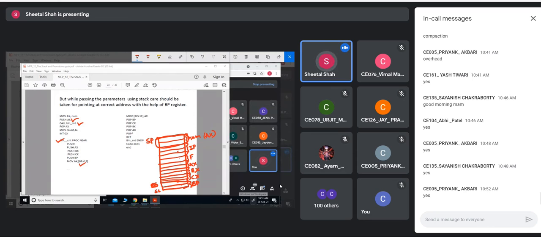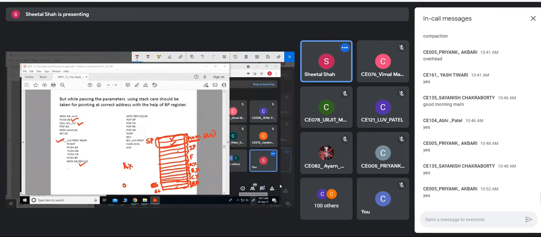So BP's content is placed here. Here the current value of BP, let it be 0. So BP plus 12. I have to copy this value into my AX register, because this is the value where I have placed my variable num.